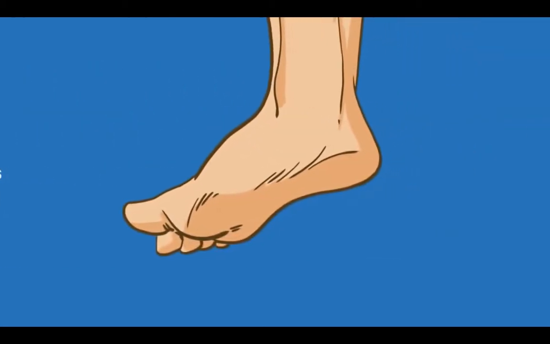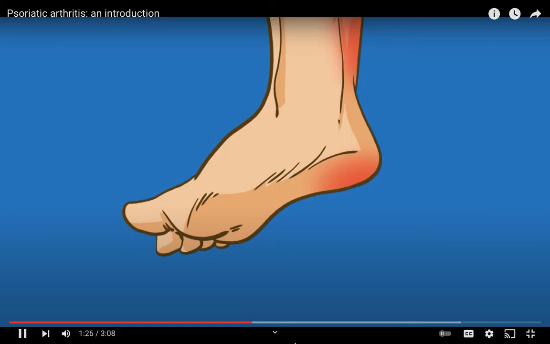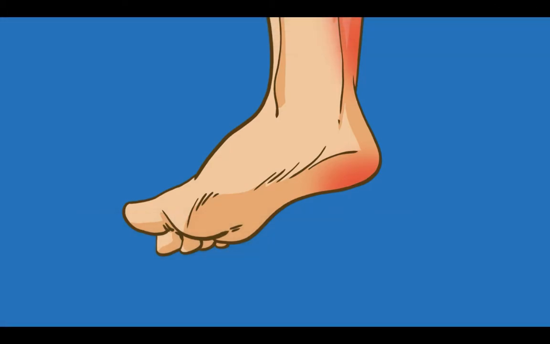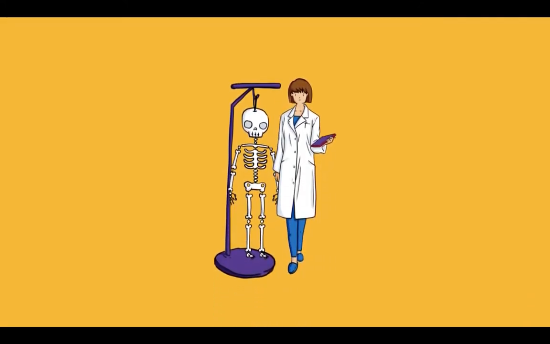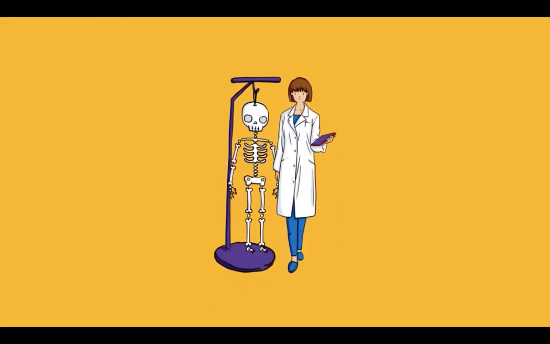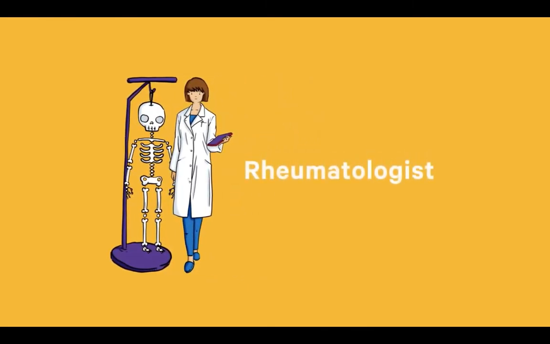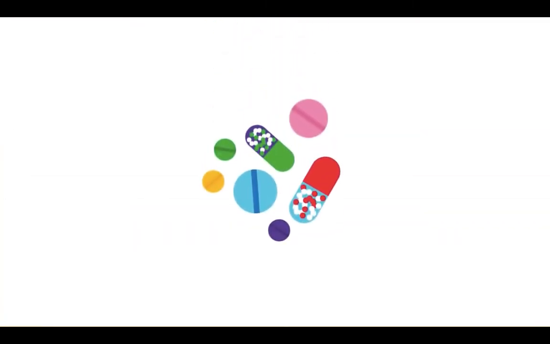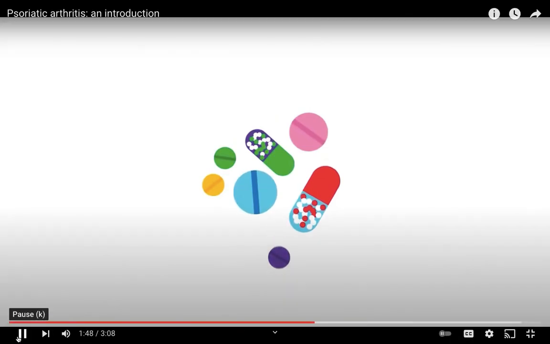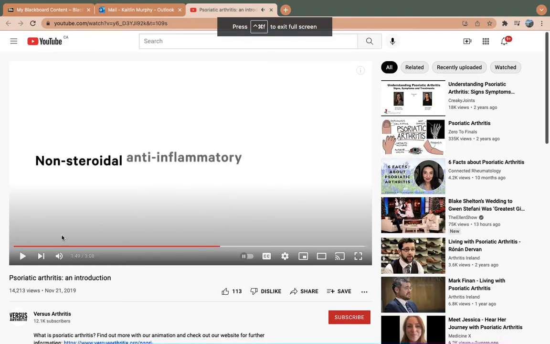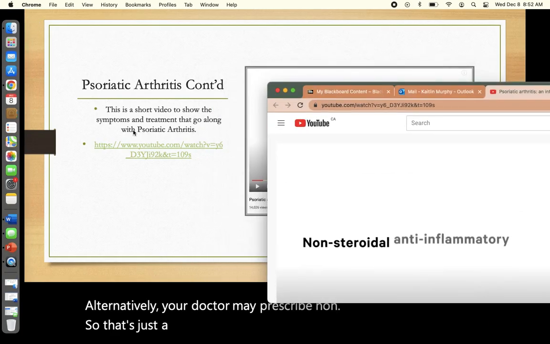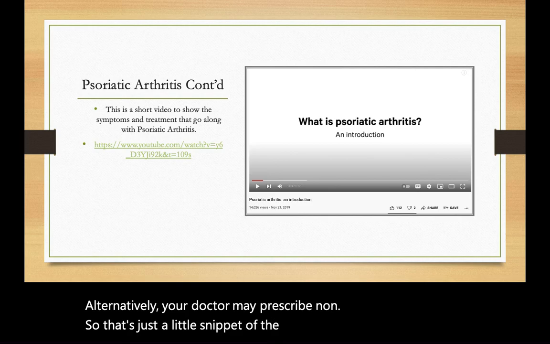Some people also get pain that spreads beyond their joints into their tendons. This can happen around several joints, but is common in the feet, either at the back of your heel or the bottom of your ankle. It's important to see a doctor and begin treatment as soon as possible to prevent damage to the body. You'll probably see a doctor who specialises in treating conditions like psoriatic arthritis, known as a rheumatologist. Some people find painkillers such as paracetamol help. Alternatively, your doctor may prescribe